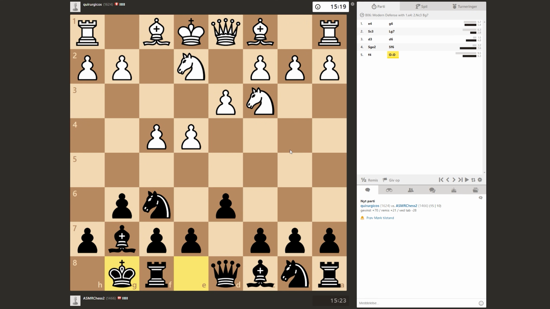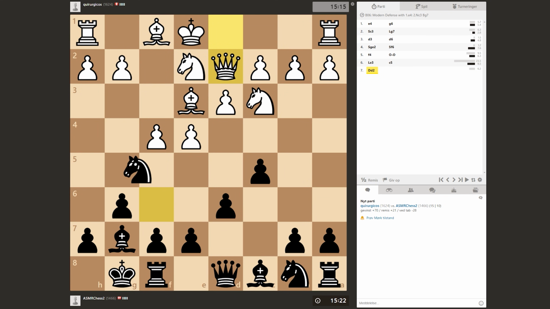So what we have here is a pretty standard idea from his side, pushing the F pawn, but placing the knight here on E2 is... I'm not sure exactly where that knight is going. I think the traditional F3 would have been much preferred. And the reason he has to do this sort of awkward maneuver is that